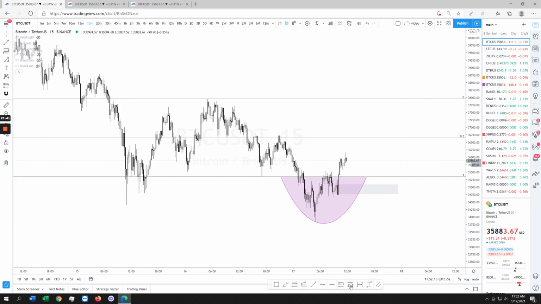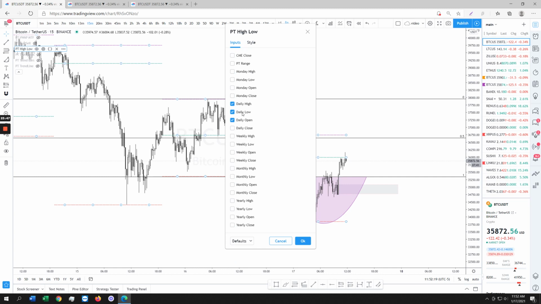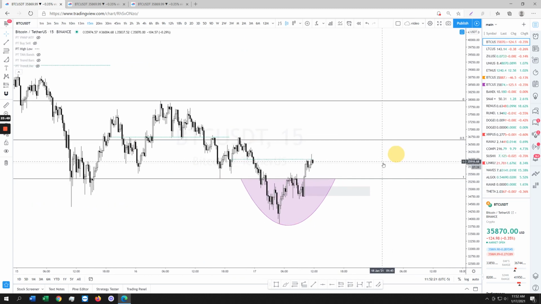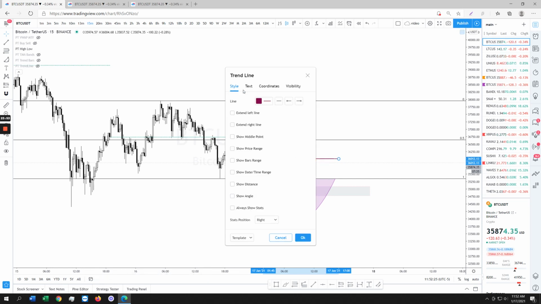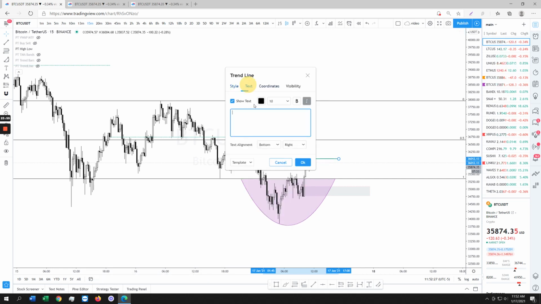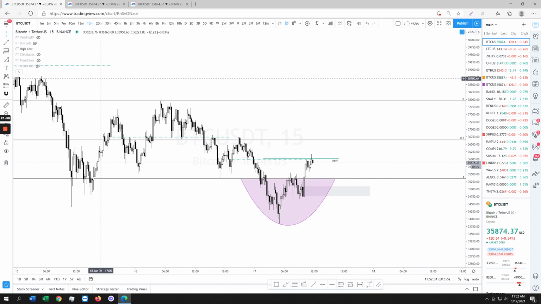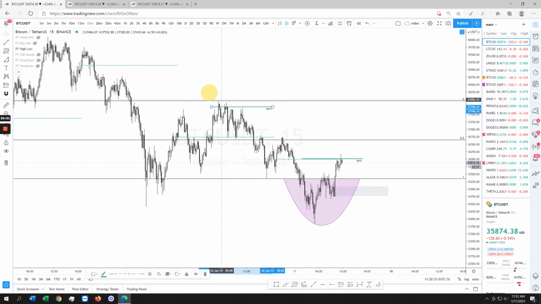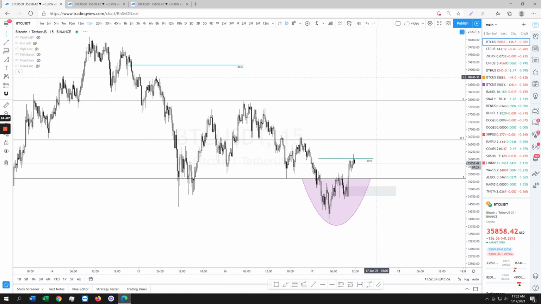So if you're in longs, one more thing, guys. You need to always use today's daily open. There you go. Always use today's daily open with yesterday's range. I'll explain why in a little bit. That's it, guys. This is it. Just to show you guys that this daily has not been tapped yet. So I'm pretty sure that we need to tap that bad boy up there. All right, this is it.